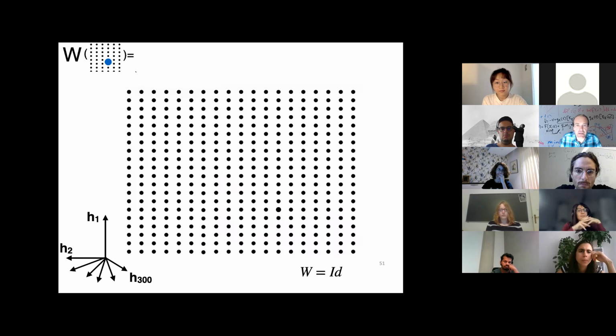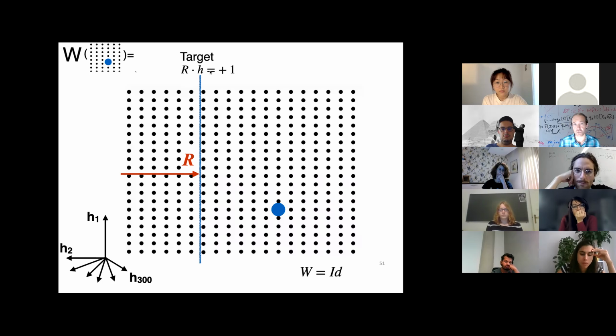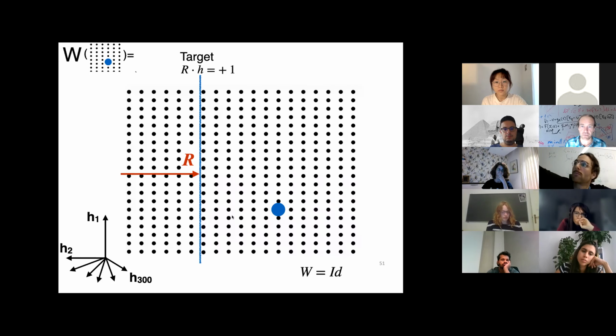Okay, so in particular, how does this work when we take just one copy of Rava here? So just the giant blue Rava, well, that's going to be mapped to somewhere in representation space. Okay, and we remember what the target is, which is that you take the dot product or just read out this hidden unit activity by multiplying it with a vector R, right? That's projecting it onto this vector R, and that is supposed to be equal to +1, okay? And what that means, of course, is that this dot in the representation space needs to lie along the line, which gets projected onto the value or the length of this vector of 1. In other words, this target will be perfectly satisfied with 100% accuracy if this blue point lies along the blue line, and if the blue point is not along the blue line, or actually the blue hyperplane,